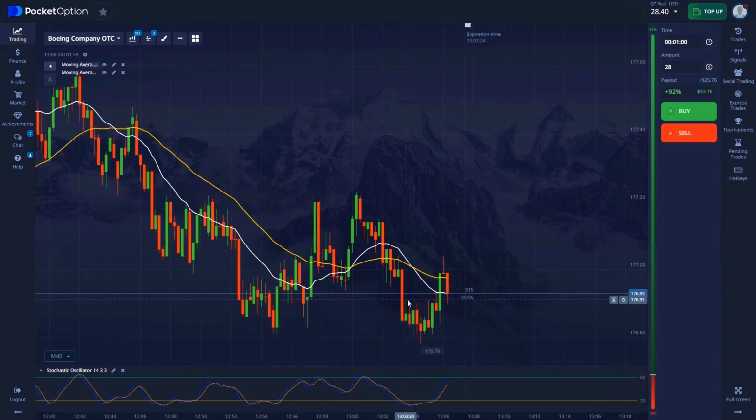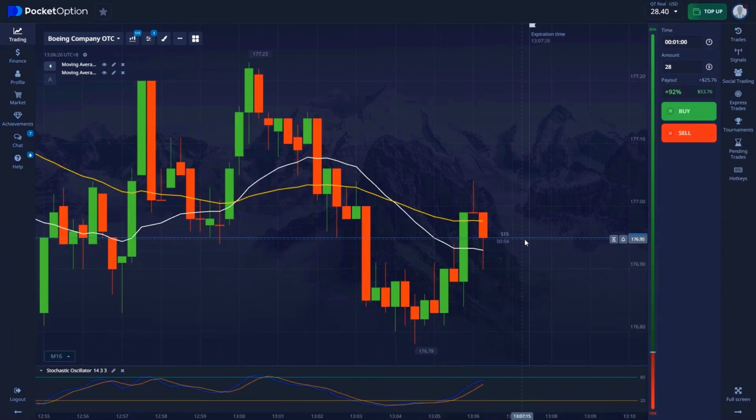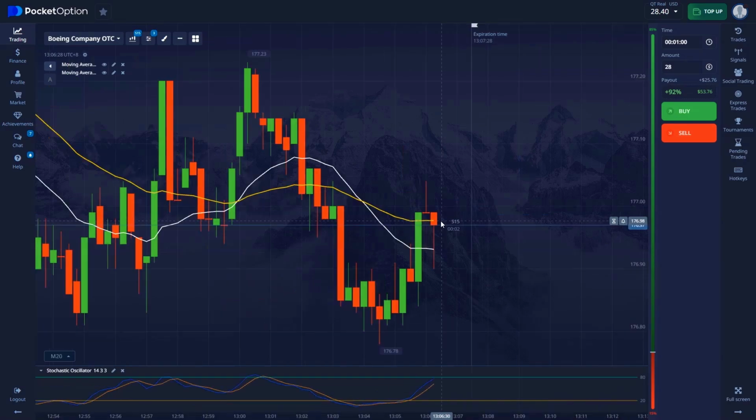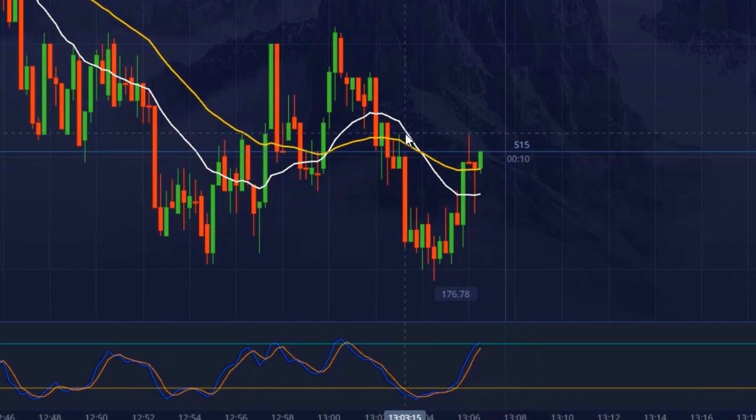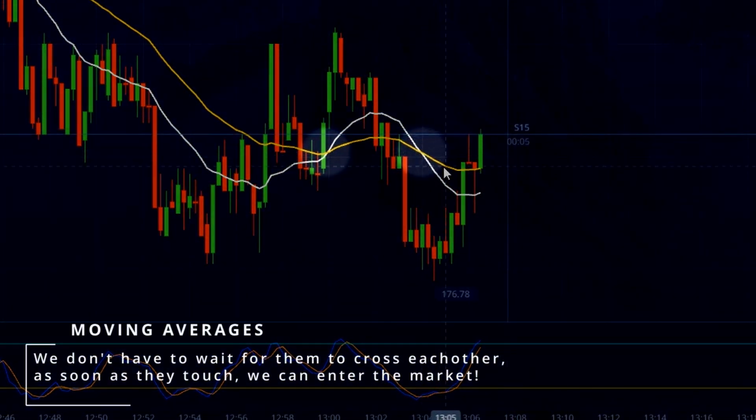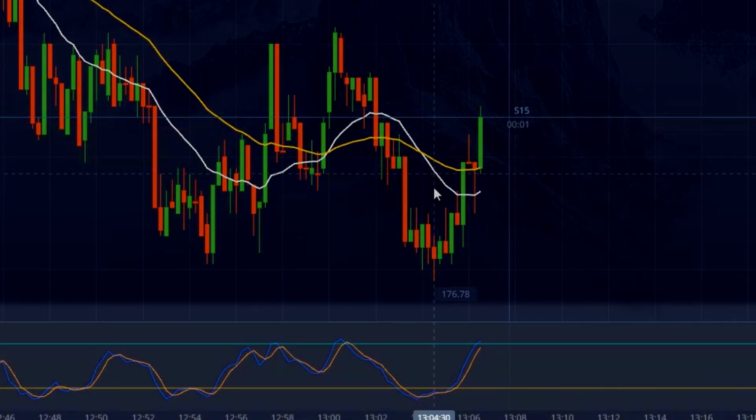Now that everything is set up perfectly, let me explain this strategy, so make sure to listen carefully. We are looking for 2 signals before we enter the market. First, the moving averages. The moving averages should touch each other. This will give us the exact moment to enter the market. The keyword here is touch. We don't have to wait for them to cross each other. As soon as they touch, we can open a position for either buy or sell, which the stochastic oscillator will